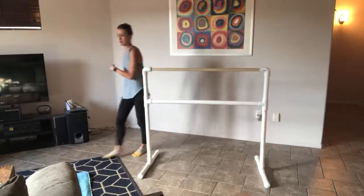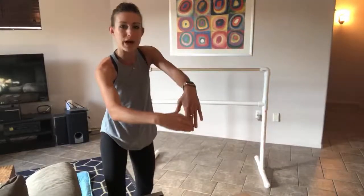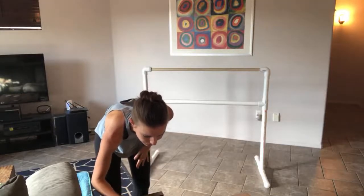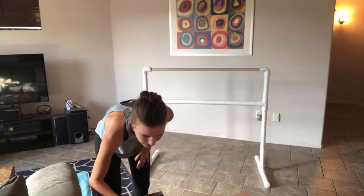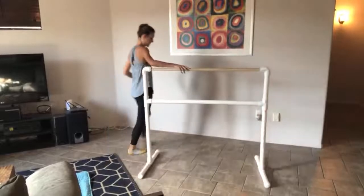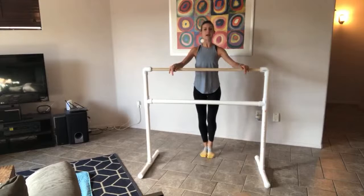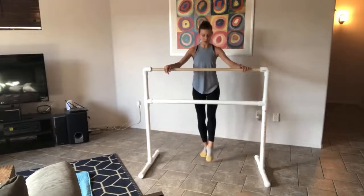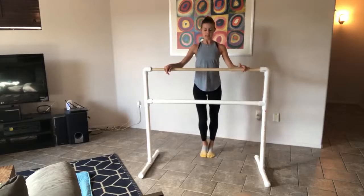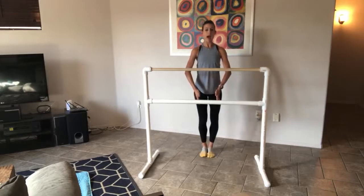All right, here we go. Getting those ankles nice and warmed up, making sure that we're not sickling, bringing the arch right over that second metatarsal. All right, here we go. And we have demi and point and demi and down, 2 pushes, push, again, push, other side, demi and point, ankle stays nice and straight, and push,